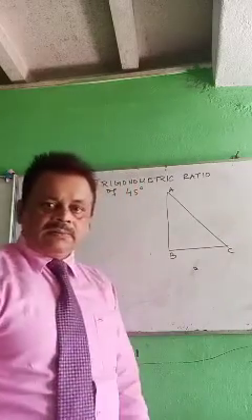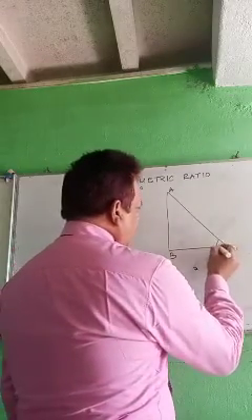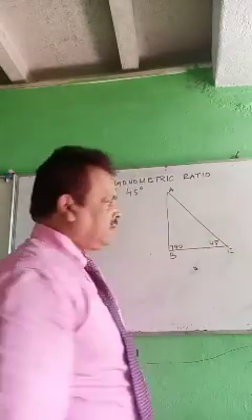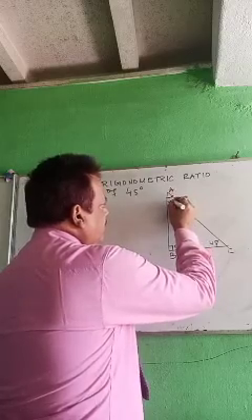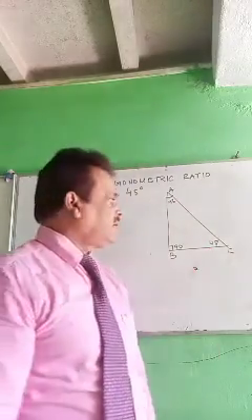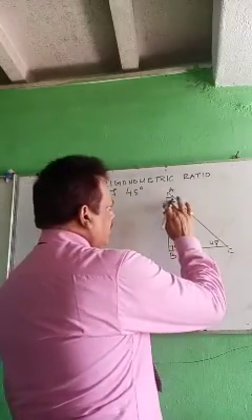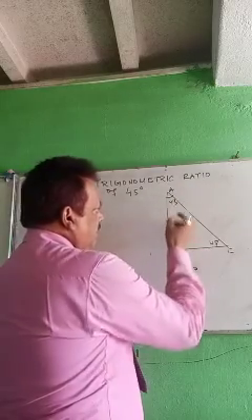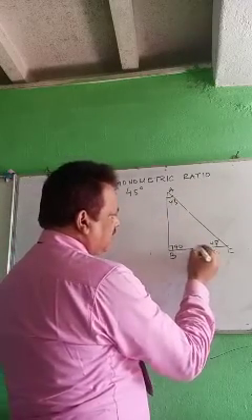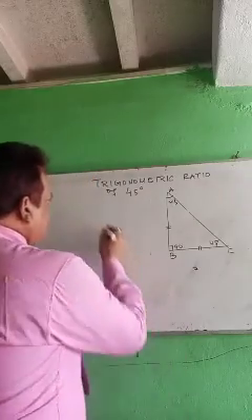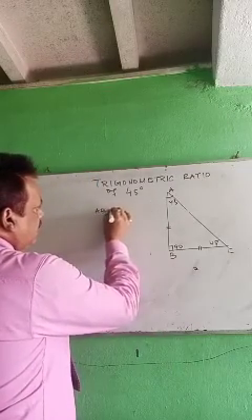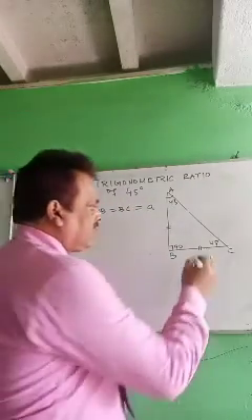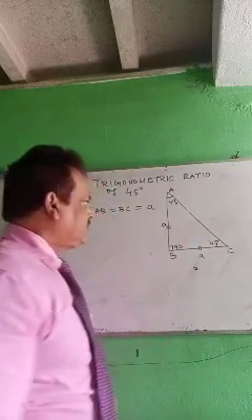See, right triangle, if this is 90 degree, if this is 45 degree, then obviously this also will be 45 degree. Got the point? So now look here, understood it is 45 degree. When two angles are equal, their opposite sides are equal. That means you can write here AB equals BC. Suppose this is the side A, this is the side A.